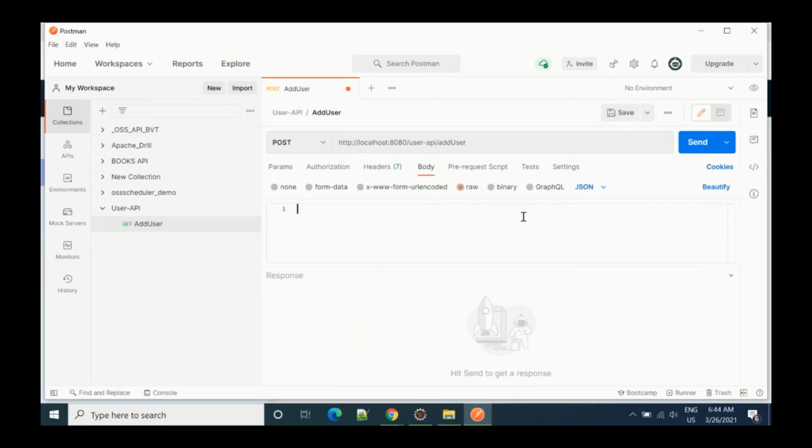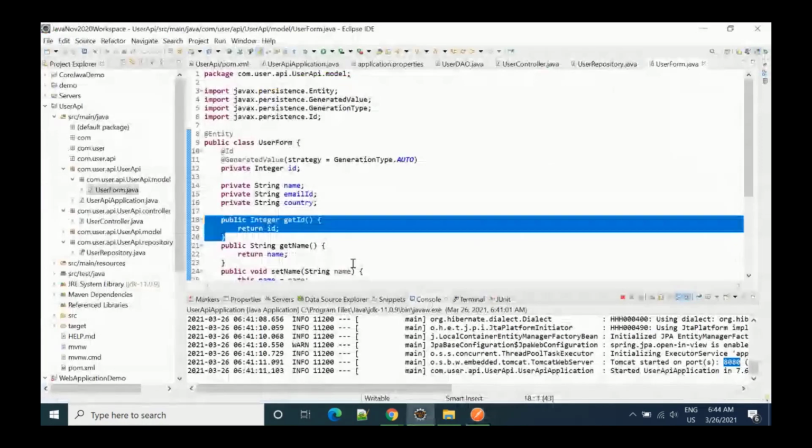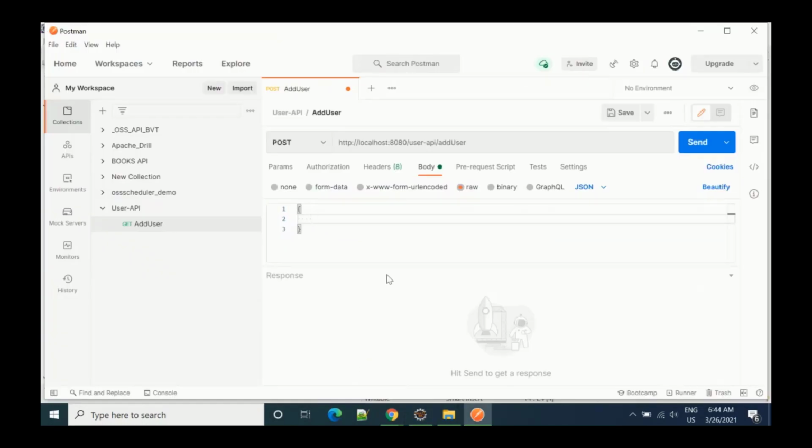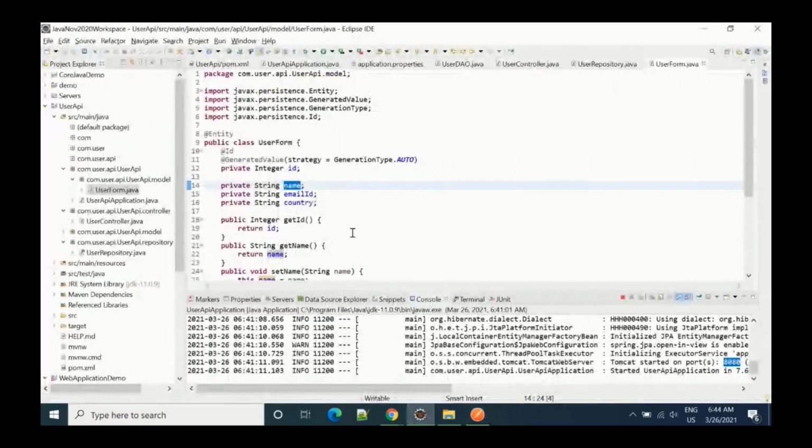We can pass the body here, and whenever we say body, we have to pass it in curly braces. The first field is name. I can copy it and go here and write the double quote name. In name I'll write, let's say, Chandan Kumar.